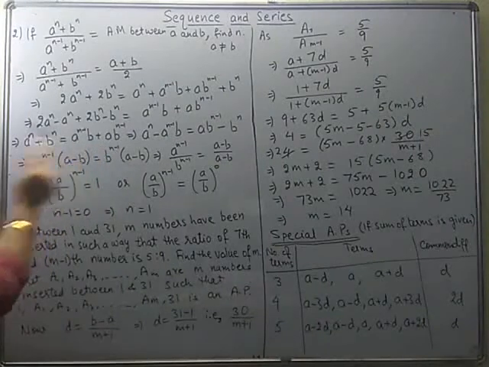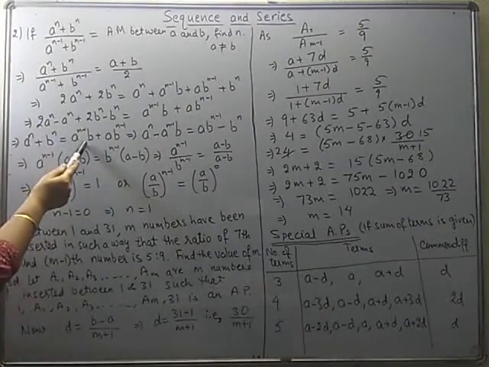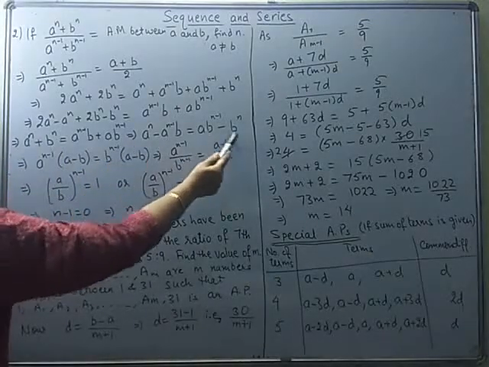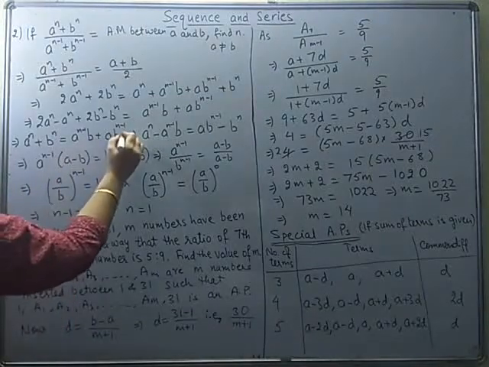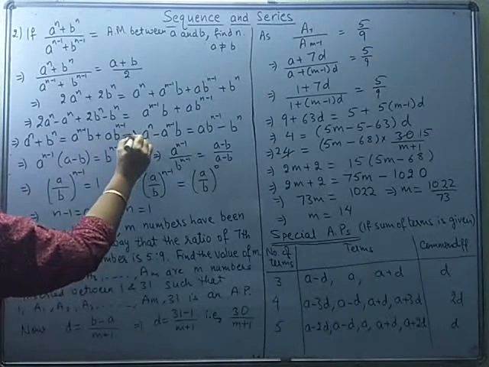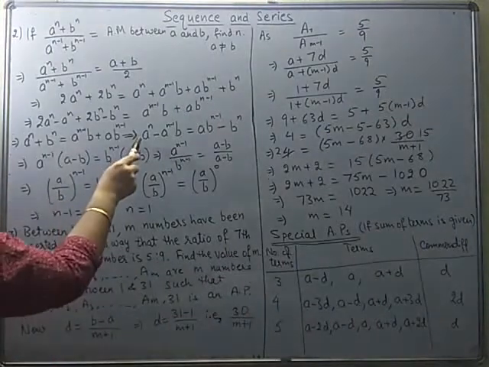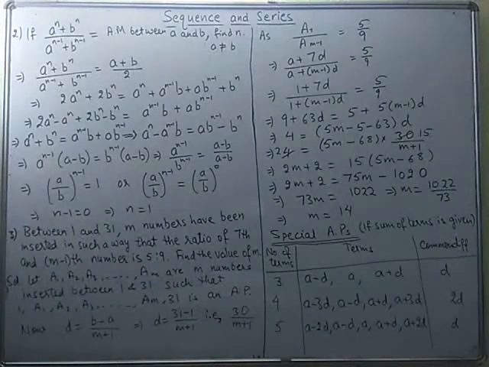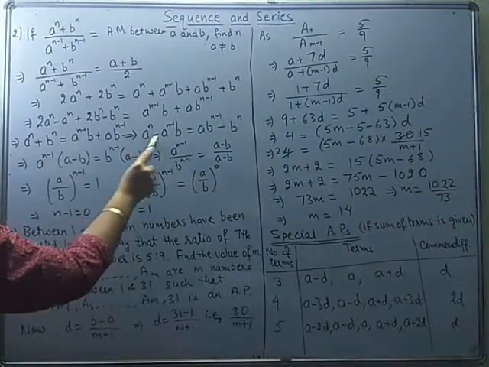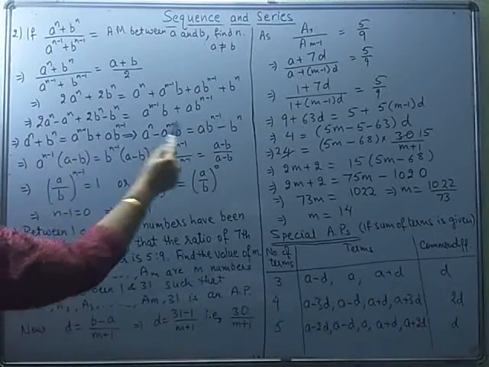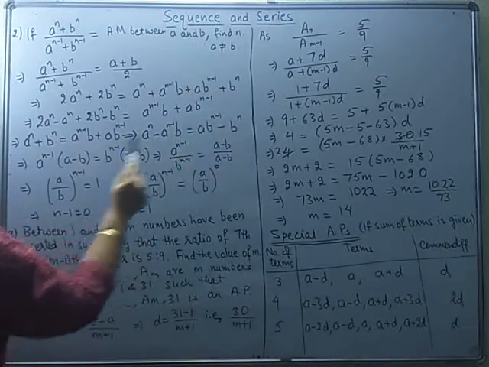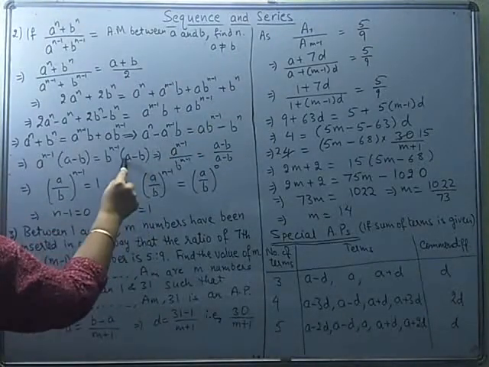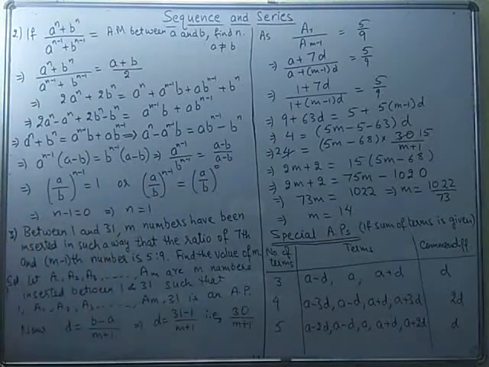Now we'll rearrange the terms of this equation, shifting A to the power n minus 1 into B to the left and B to the power n to the right. See, over here I have done the shifting of the terms. Then you make out from here what is common among the given two terms. If you look at these two terms, you can take A to the power n minus 1 common. So from here one A will be left and from here B will be left. And what about these two? From here you can take B to the power n minus 1 common. So this is taken common, and we are left with A here and B in the next term.